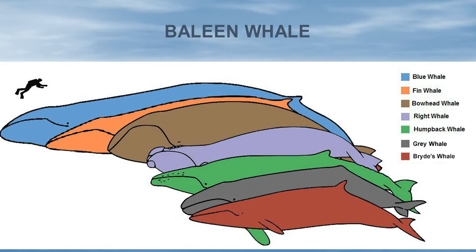They have this fancy type of structure in their mouths called a baleen. So they don't have teeth like a regular whale does, like you think of an orca or something like that. That's a toothed whale. These are baleen whales. We're actually going to talk more about whales at the end of this lecture, just because I would like to bring those into our discussion. But these guys right here all have this fancy mouth part called the baleen. I'm going to show you a picture of that now.